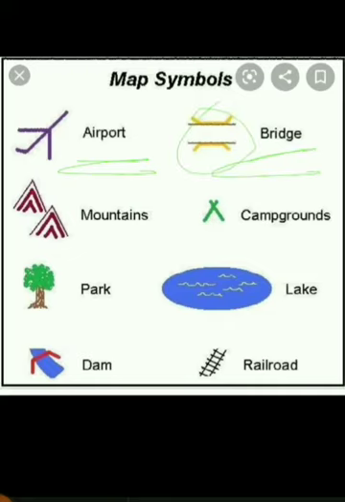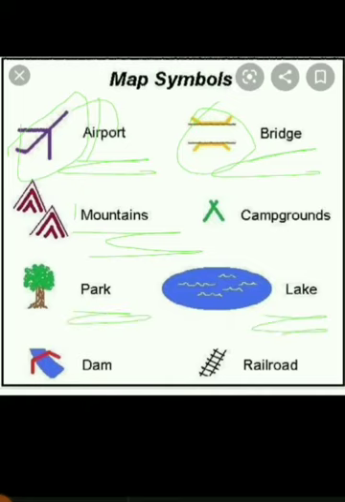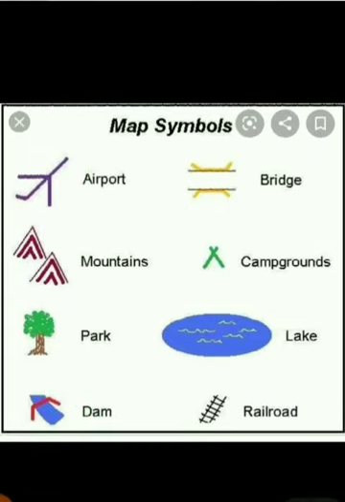By seeing the symbols we come to know that the airport is here, and by seeing this mountain symbol, tree, one park will be there, and for a lake we can show this kind of symbol on the map, and for a dam we can give this symbol. So by looking at these symbols we come to know that a particular place is there. Okay, the use of symbols is to locate a particular place by showing a short form symbol.